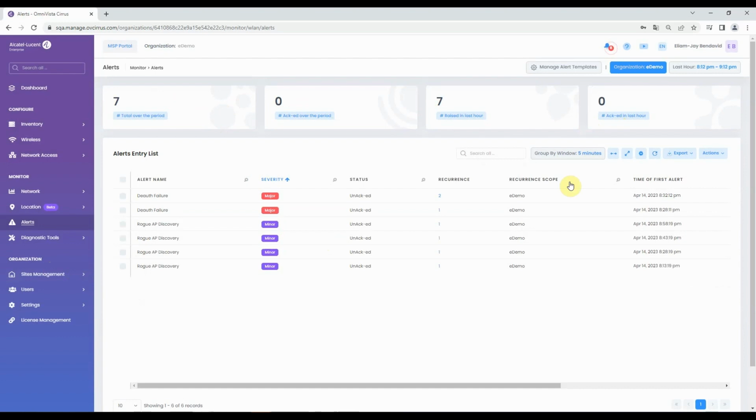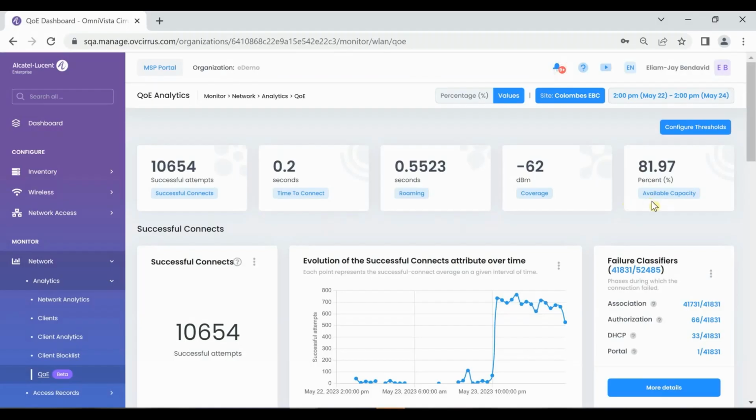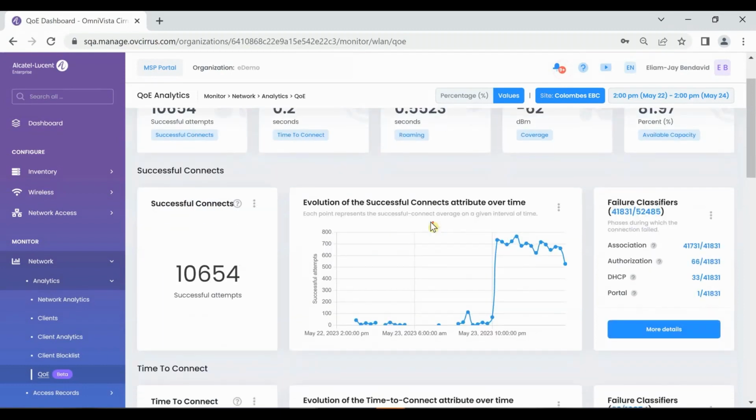You can acknowledge them or delete them. Upon delving deeper into the Quality of Experience tab, you will discover crucial analytics that provide insight into end-user experiences on the network. With OV10, you will now be able to increase your customer satisfaction by monitoring live the quality